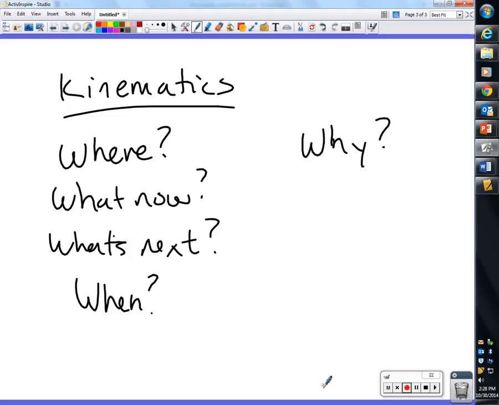In chapters 2, 3, and 4, we were just dealing with describing motion. Sometimes motion that was constant velocity, that was chapter 2. Sometimes motion that was accelerating, that was chapter 3. And then sometimes motion that was in 2 dimensions, and that's chapter 4. But now we want to start getting into the why and the how. Why is it traveling at a constant velocity? Why is it accelerating at 9.81 meters per second squared? Why is it slowing down? Why is it speeding up? We're going to start answering all of those questions in this chapter. And the short answer to that question is force.